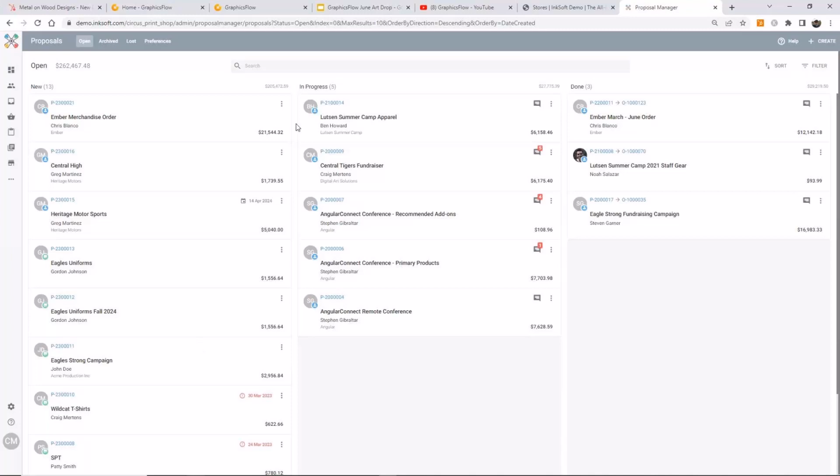You could also consider this to be like an online order form. I guess you can make an argument for that because it is going to create a little web page. But this is a separate entity from an e-commerce store. E-commerce stores have a URL. People can go visit it anytime they want, whereas the proposal is kind of a one-time thing. And so what I would do is I would say create. I'm going to create a proposal,